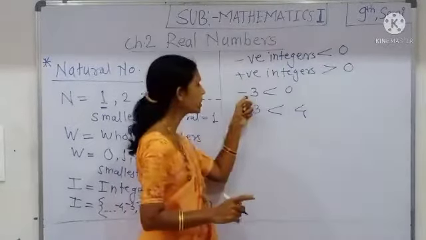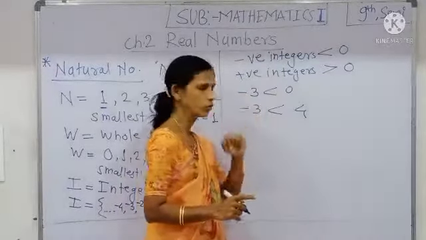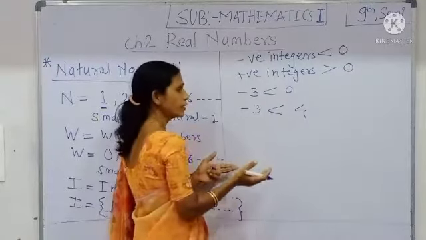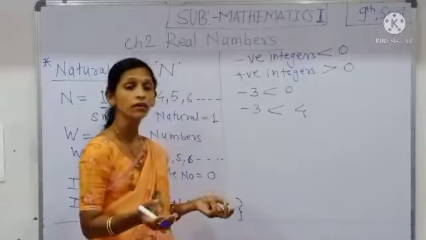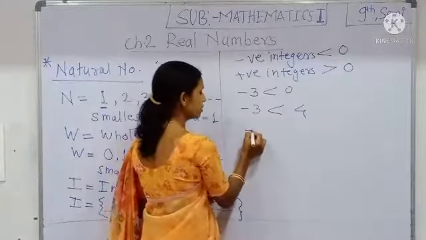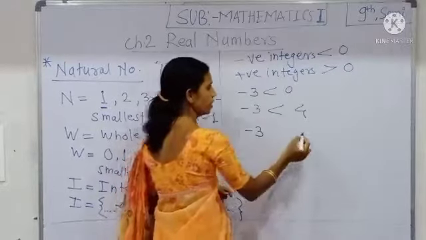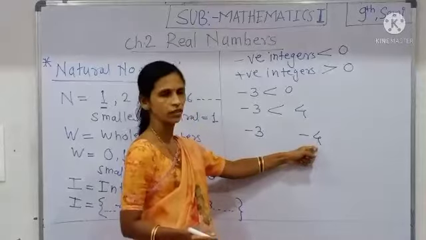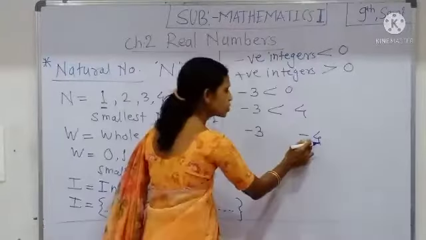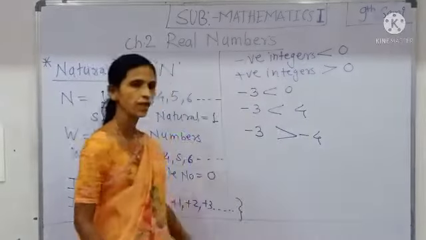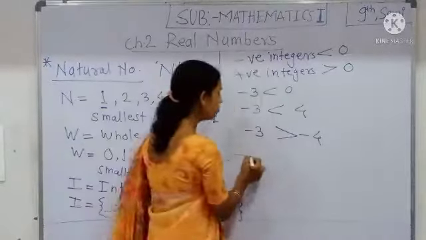All negative numbers are smaller than 0, and we can also compare between negative numbers. See here, -3 and -4. Of these two integers, -4 is smaller than -3, because on the number line,